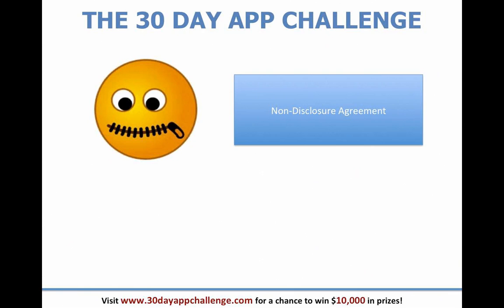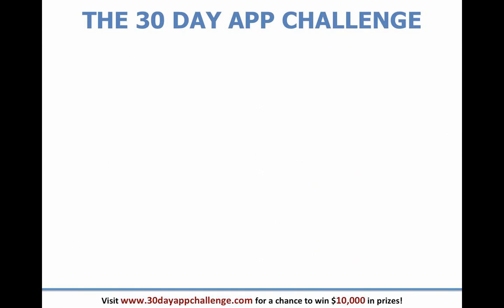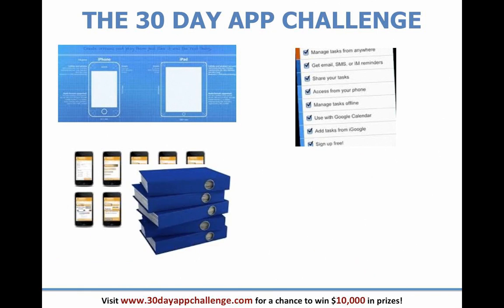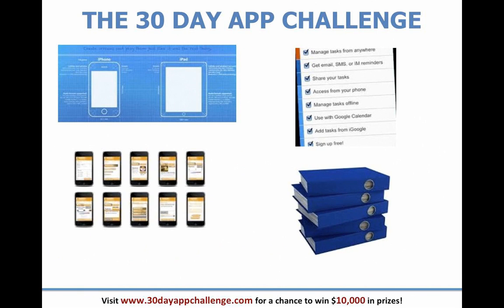Now, after they have signed comes the time when you describe your project in detail. So when explaining the project, you should have the following ready: frameworks, mockups, a feature list, and an app description. Now, for more on these documents, check out the links, or you can go to our forums and they will also be available there. So you want to take all this, send it to the developer so they can familiarize